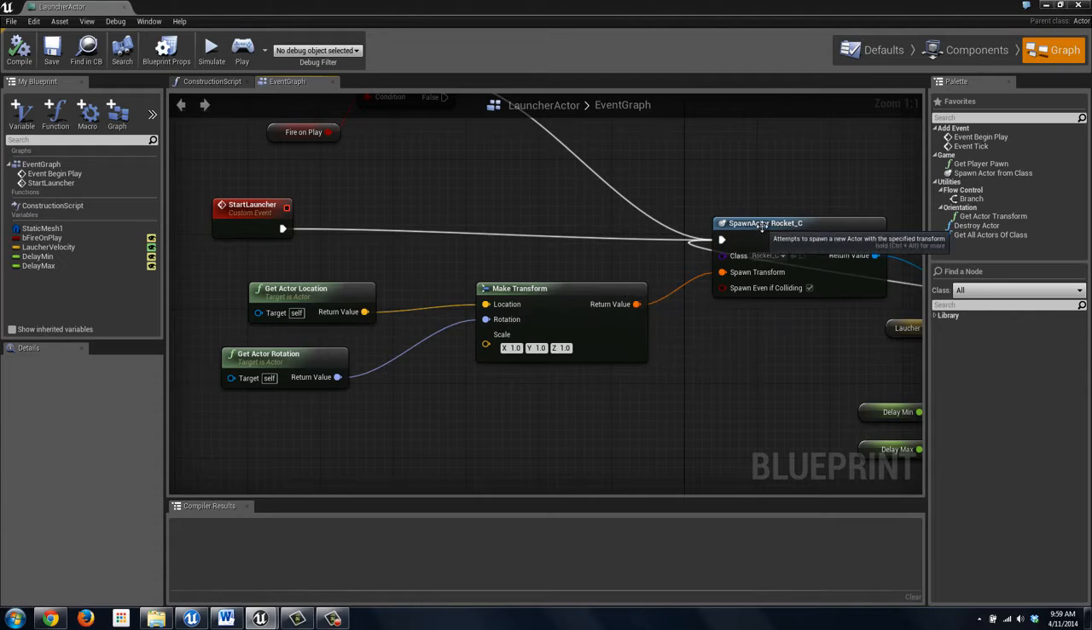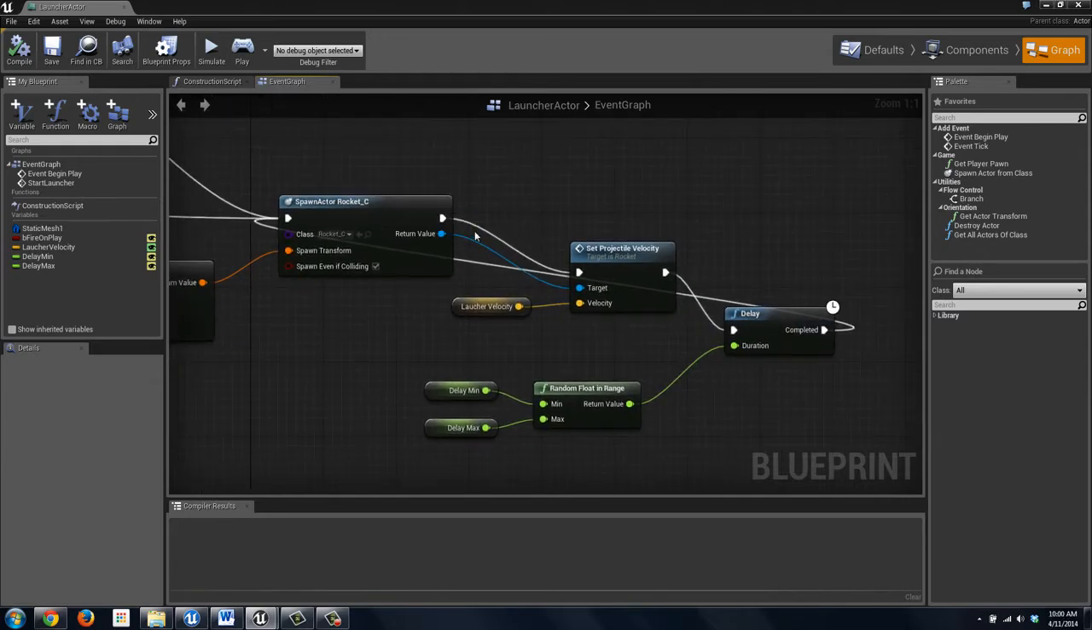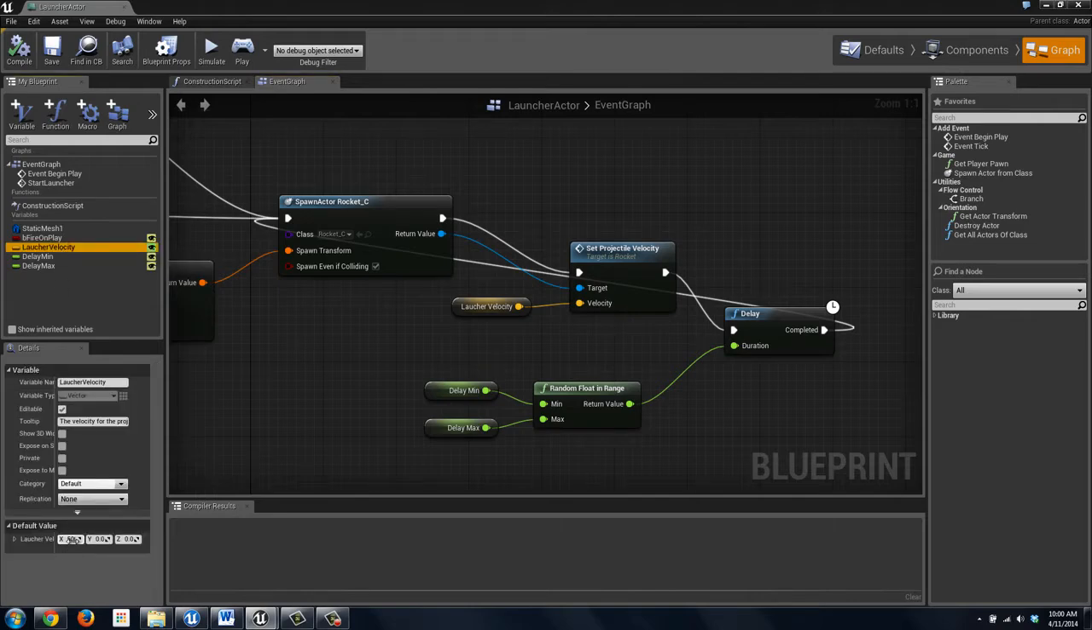But basically I use the spawn actor command and then attach a specific class to it, which is the blueprint that I created, and then I create a transform using the launcher's location and rotation, so that's where it's spawning from. Then what I do is I set the projectile's velocity. So basically the return value is the thing that's spawned, and I set its velocity at launcher velocity, and that has a default of 500 along the x-axis,